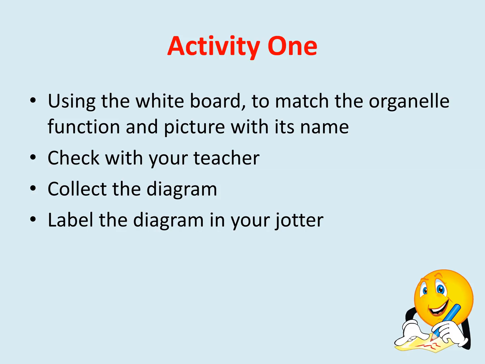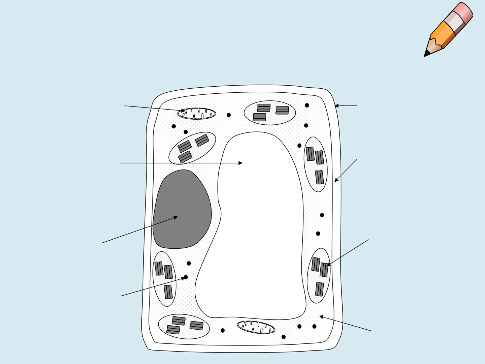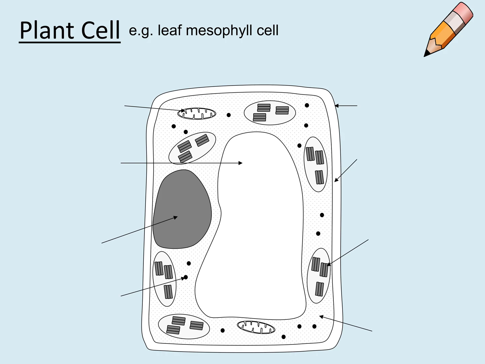So now what we're going to do is look at the 4 different types of cells. You'll be looking at your plant cell, your animal cell, your fungal cell, and your bacterial cell. If you have the worksheets, you might want to have them handy so that you can label your different types of cell. So first of all, we're starting with the plant cell, and the plant cell is a rectangular